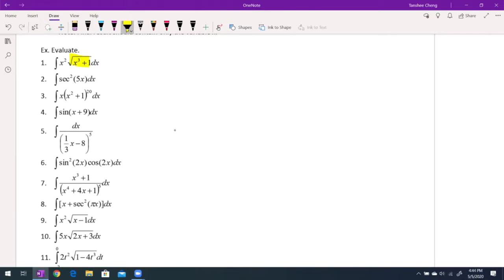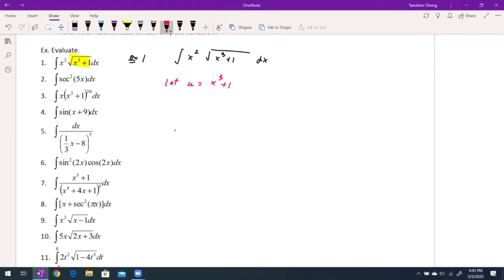So in this case, I can basically see that the composition function in the integrand is this part right here: square root of x to the third power plus 1. So outer function is the square root function and inner function is x to the third power plus 1. So that sort of gives you a guideline, right? Thinking that I'm going to let u